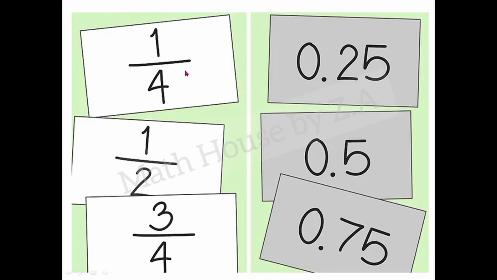Here you can see 1 over 4 is a fraction and 1 over 4 is equal to 0.25, and this is a decimal number, and 1 over 2 is a fractional form and 0.5 is a decimal form. So 1 over 2 is equal to 0.5, both are the same, but this is the fractional form and this is the decimal form. How does it convert into decimal numbers?